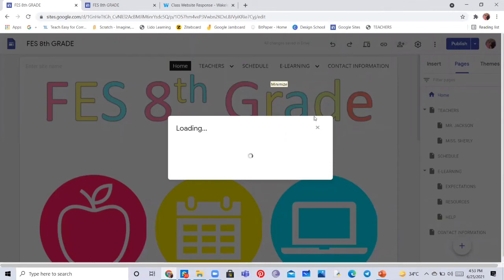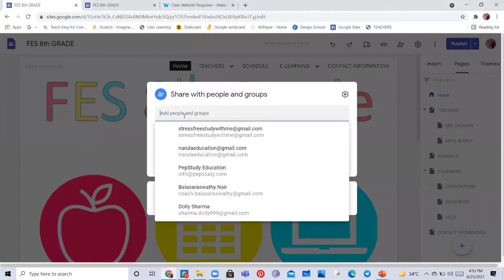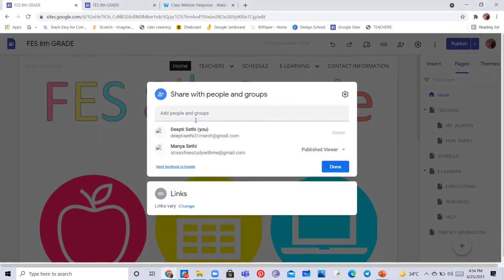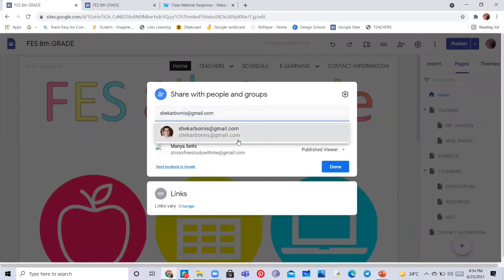You'll get to know how your students are going to view your website. So can I have the email IDs, please? Okay, I got Shekhar sir. I'll be telling you how to add these.